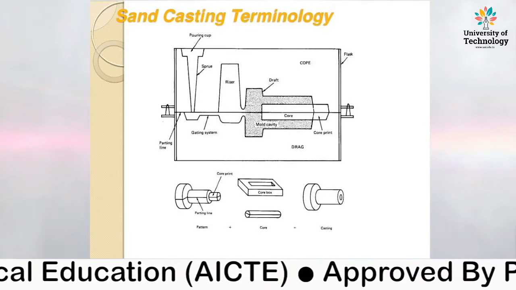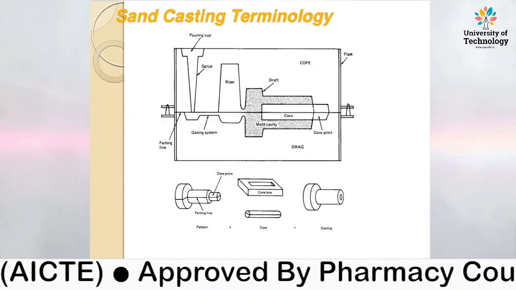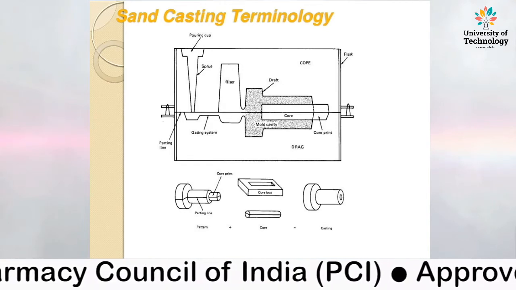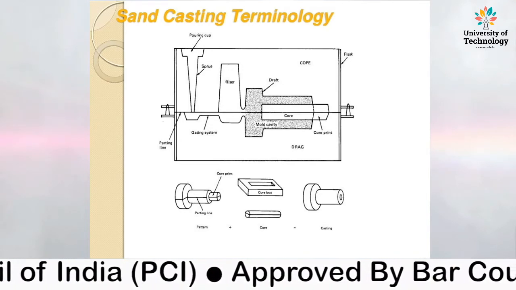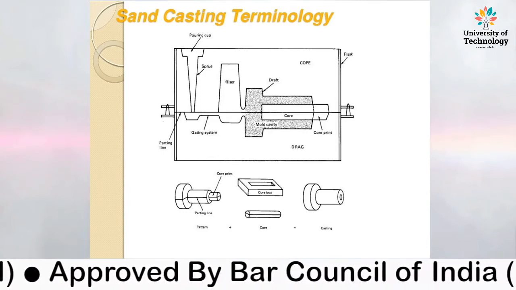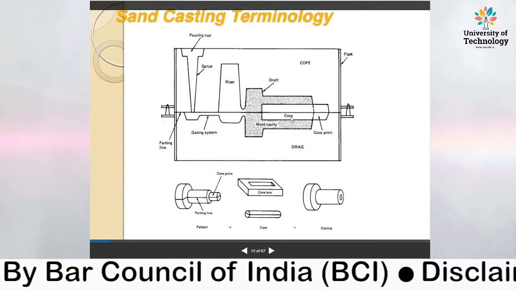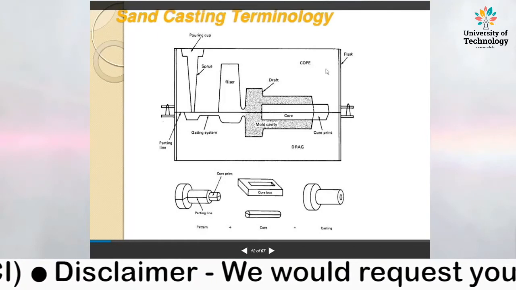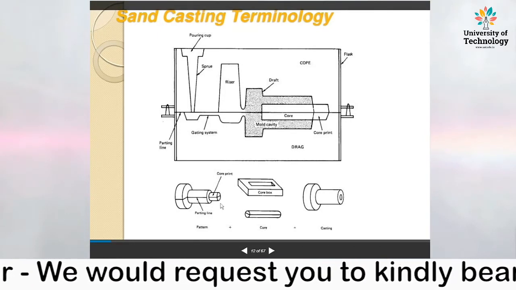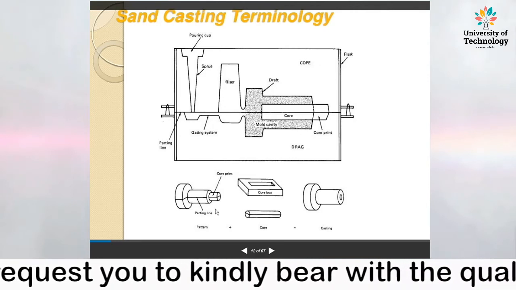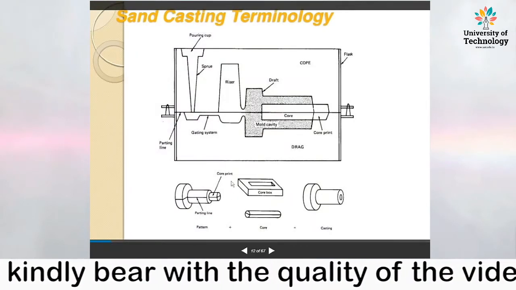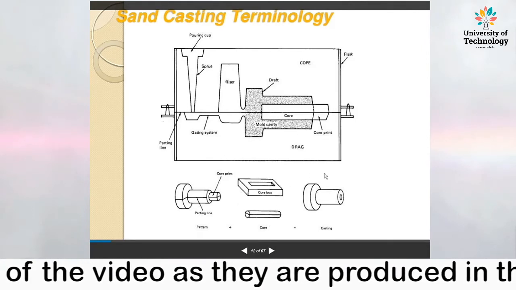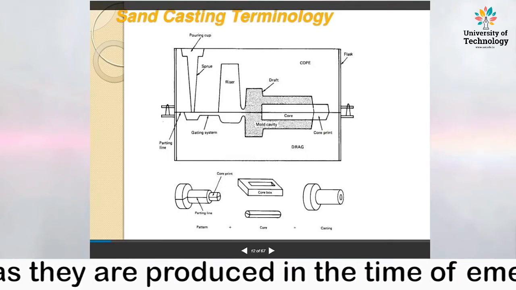Basic sand casting terminologies we can see clearly in this slide. In this figure, a line drawing of the mold flask shows the pouring cup, sprue, riser, and draft, and the core exists there, that is the mold cavity and core print. And that is the pattern. This pattern has a parting line and core print, that is the core box, that is the core, and all elements of the mold casting are here.